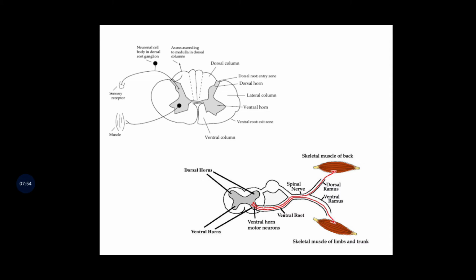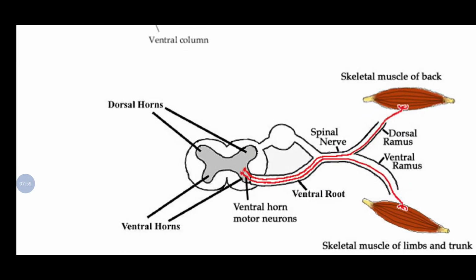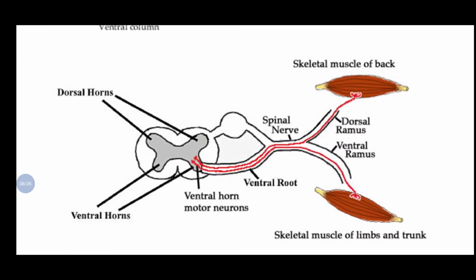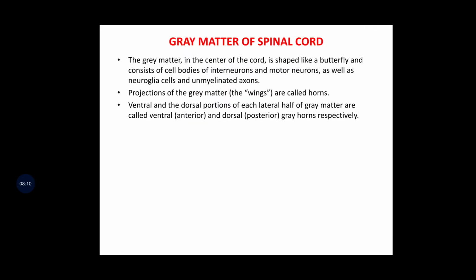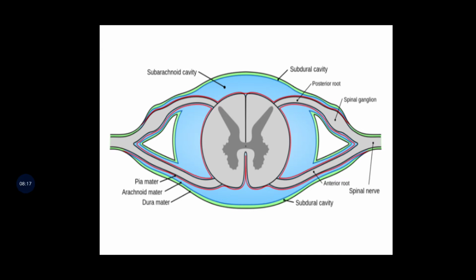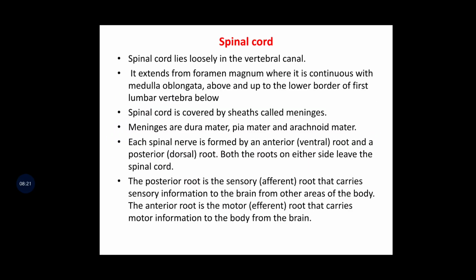So, see. Over here, there is this dorsal horn and the ventral horns. From here, the ventral horn or the ventral root is carrying the signal. Now, if I go back and what I have told you is that, just go back to this diagram and see. This is the posterior root and this is the anterior root. Now, this posterior root is the sensory one and the anterior is the efferent one.